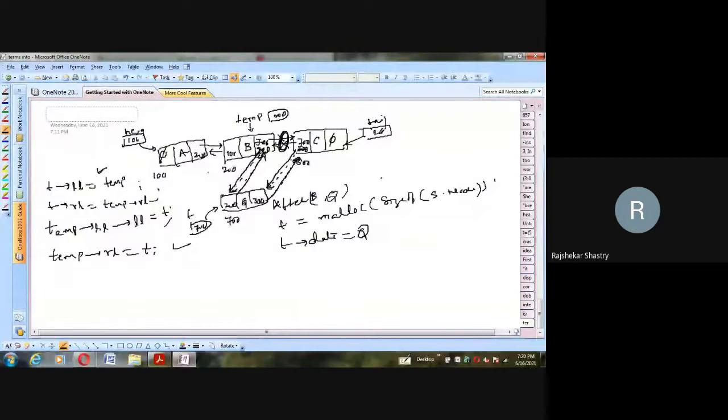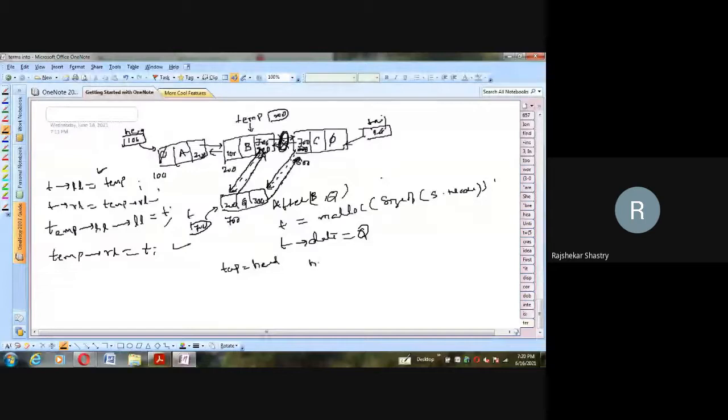Now come to the deletion also. The only thing is in deletion we have to remove all the related links and we should free the memory. So I hope that you can easily write. All of you, in any case, the deletion operation, at least delete first and delete last, these two operations you better tell me. At least you write them in WhatsApp and send. Only that particular statement. So for example, delete first is nothing but the node held by head. So what you can do is take a temporary pointer, store head in the temporary pointer, then move head to the next node.